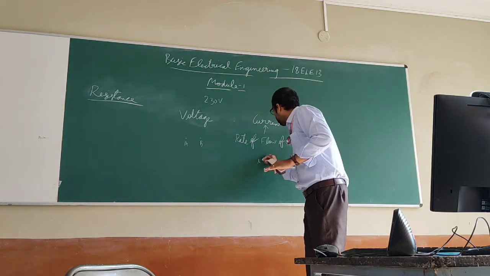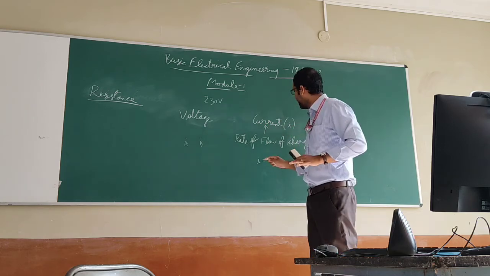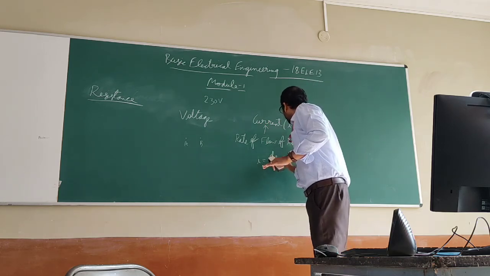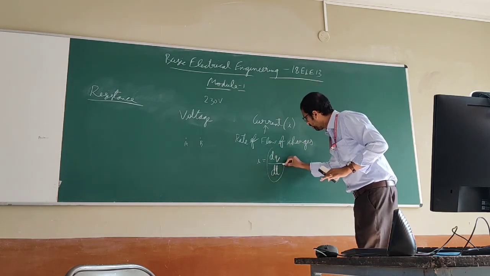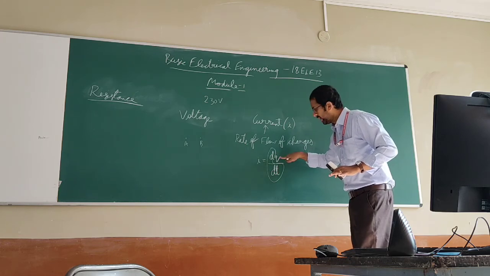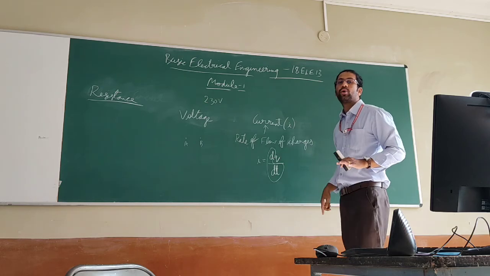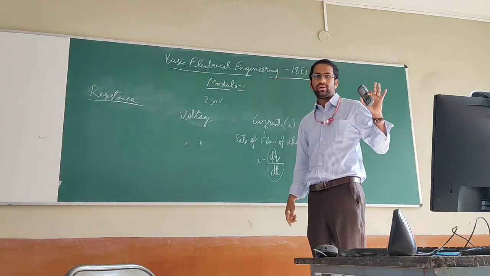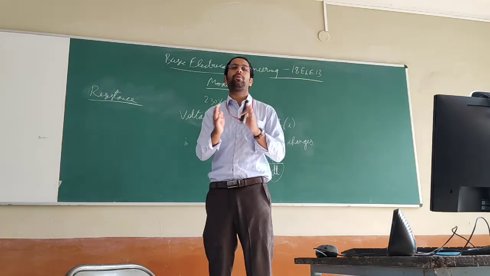Hence, I will be using small letter i to write current. Current is written as small i equal to dq by dt, the rate of flow of charges. The rate of flow of charges is called current. And you have voltage, that is the electrical potential between